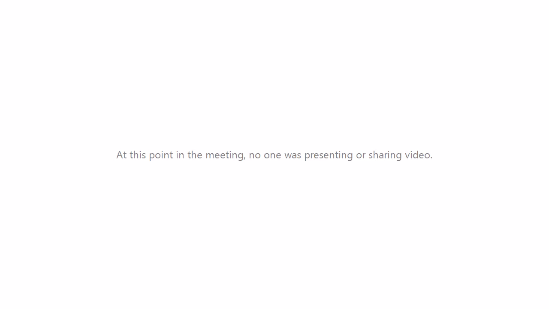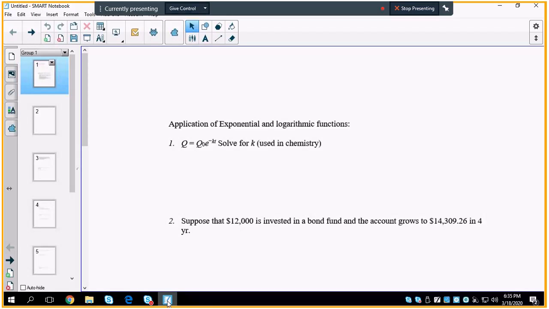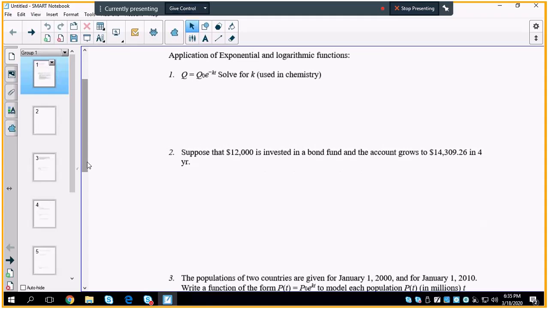Good morning. Today we're going to talk about some application problems for the last 4 sections that we have talked about in exponential and logarithmic functions. When we look at these problems, we are going to talk about the exponential growth, decay, or the logistic growth and decay formulas. My first problem talks about Q equal to Q naught